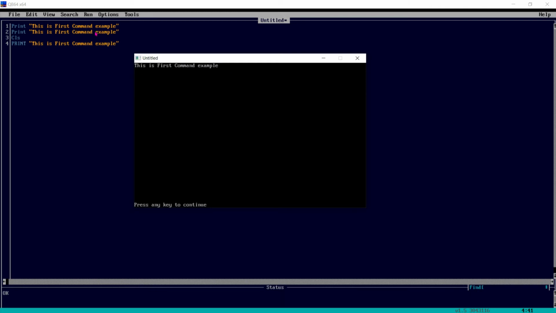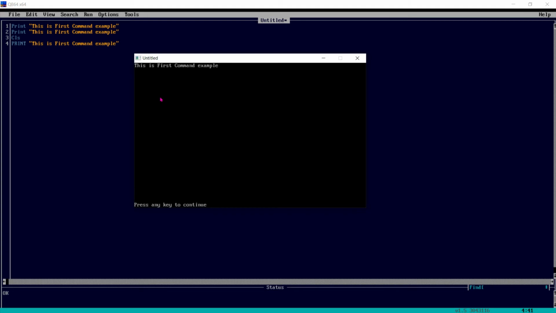When I printed the second time, there was a second line. But when I ran it the third time, it cleared the previous two printed lines. So this is the use of CLS, clear screen: whatever was on the screen after running this program, it cleared. Print prints whatever you have given in double quotes, and CLS is clear screen.